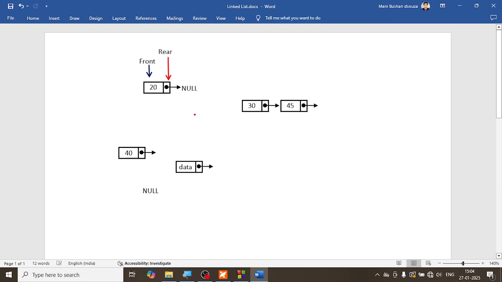Now suppose I place this 40 here, what will happen? How can I make this 40 point to the next one? First of all, the next pointer of this 20 node was null. I have to make this next pointer point to this new node, and naturally this is null